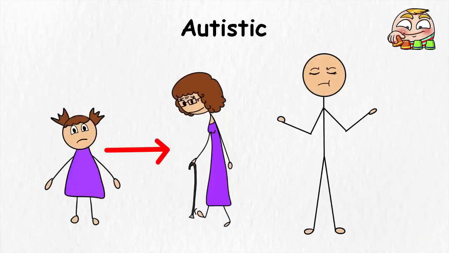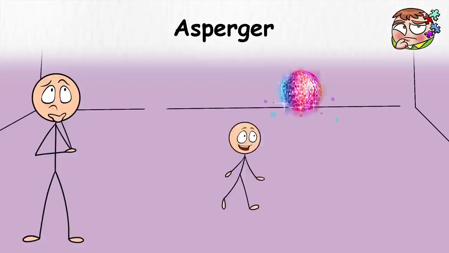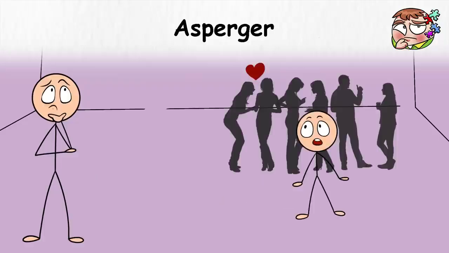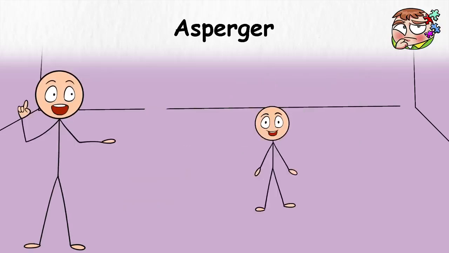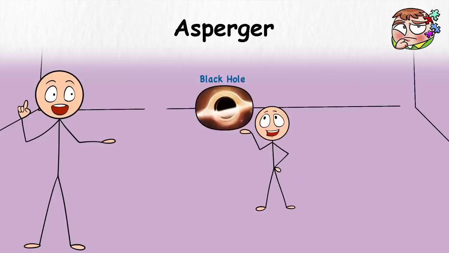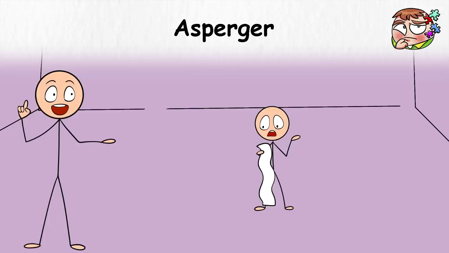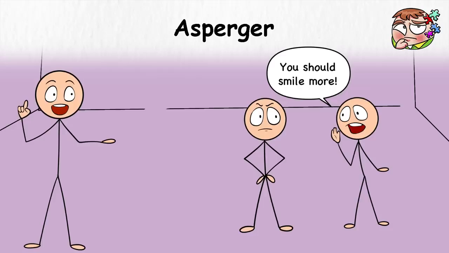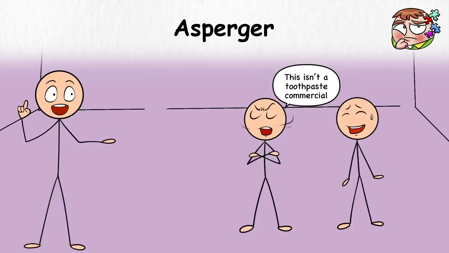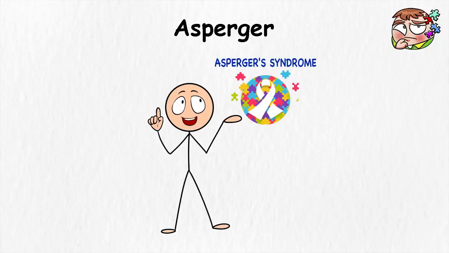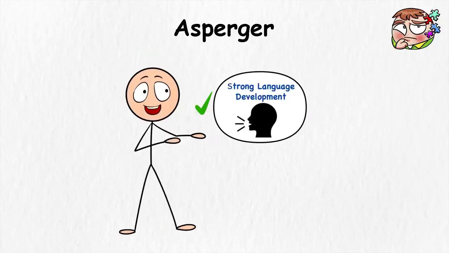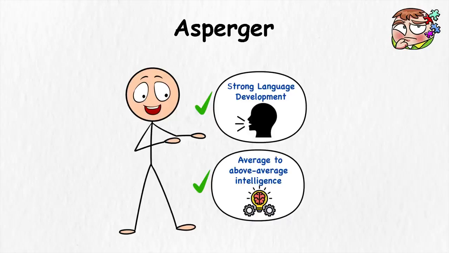Asperger's syndrome. Imagine someone walks into a party. Everyone's chatting about weather and brunch and who ghosted who on Hinge. Then this person heads straight to the corner and starts talking passionately about how black holes bend time with very detailed information and explanations. If someone says, "You should smile more," they'd probably reply with, "Why, this isn't a toothpaste commercial." This is basically Asperger's syndrome, a type of autism characterized by strong language development and average to above average